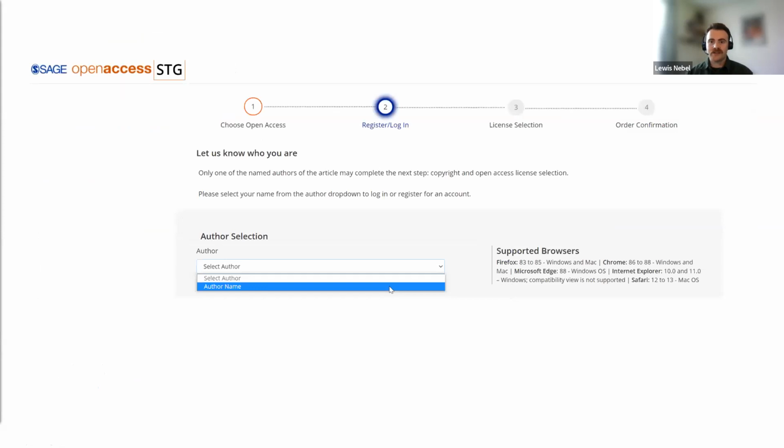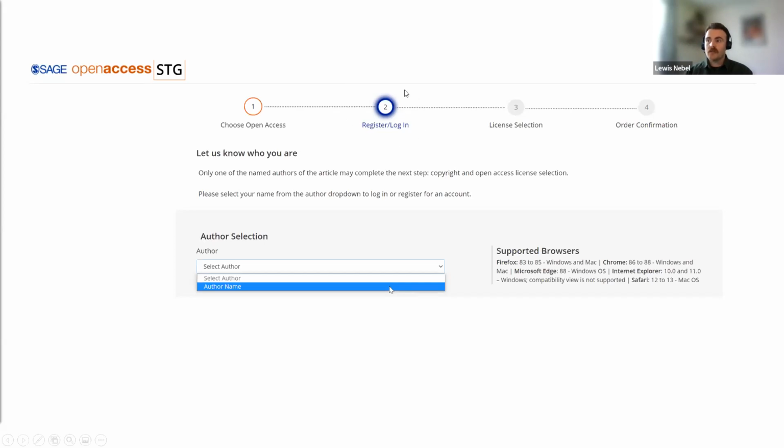We do ask them, I think I've got a slide for this in a minute, we do ask them if they have declined open access to give a reason for that, and that helps consortia and institutions track why their authors might be declining. So we still see that sometimes people think that a payment is going to be required somewhere, or that their institutions will be paying outside of this, and so it gives a good chance to see if that messaging going out to authors is working, and if there's any additional communications that need to be put in there.